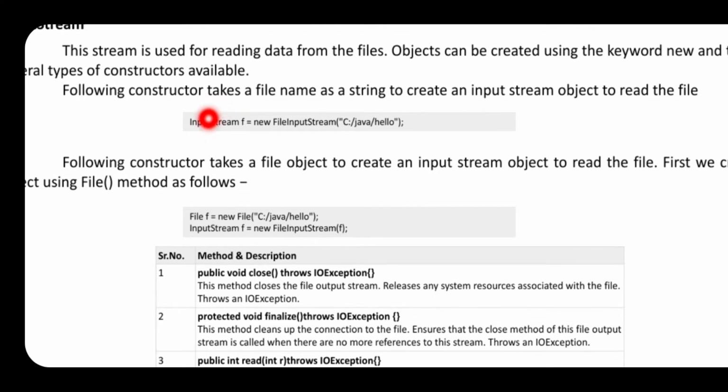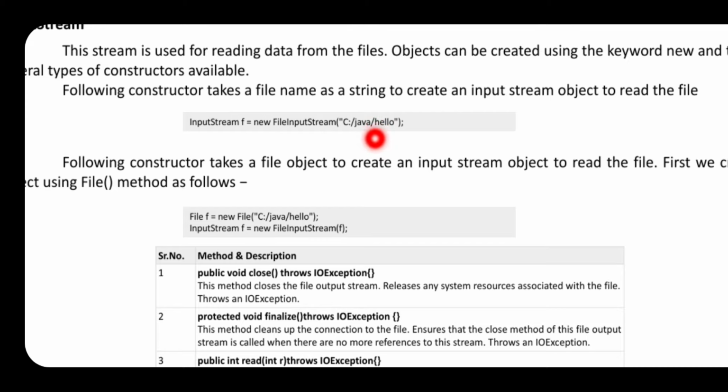FileInputStream f is equal to new FileInputStream, and within double quotation marks you write which file you want to open. You have already seen I wanted to open input.txt, so something is missed here; I should have written FileInputStream. This particular object is opened for reading the information from the existing file.